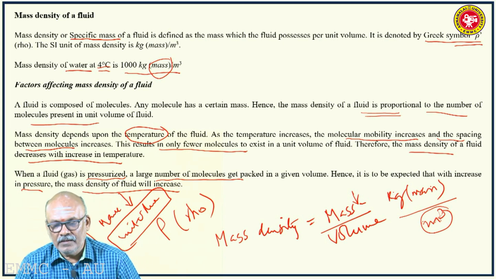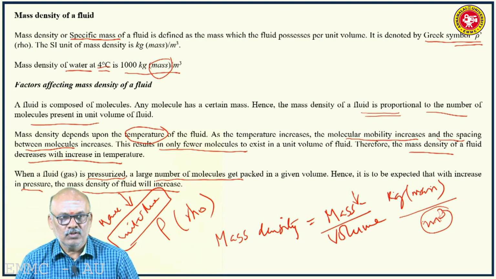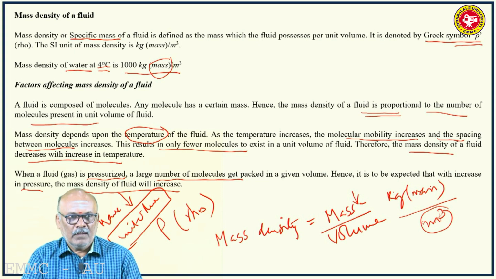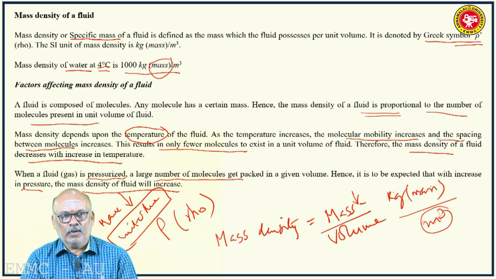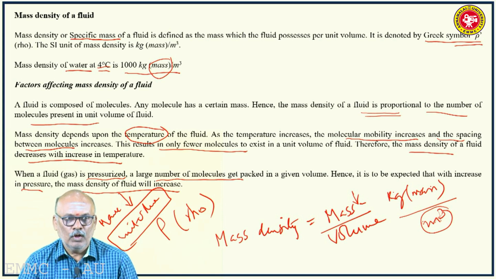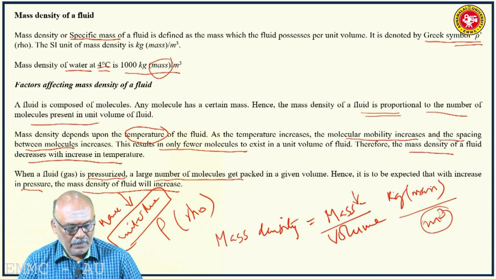Whereas in the case of gases, ஒரு வாயு எடுத்துட்டோம் அப்படின்னு சொன்னால், உஷ்ணம் அதிகரிக்கும் போது, அழுத்தம் அதிகரிக்கும் போது molecular mobility அதிகரிக்குது. அப்போ molecules வந்து close-ஆக pack ஆகுது. Pack ஆகும்போது spacing குறையுது, அந்த இடைவெளி குறையுது. இடைவெளி குறையும் போது நிறைய molecules வருது unit volumeல், அப்போ mass density அதிகரிக்கிறது. ஓகே,